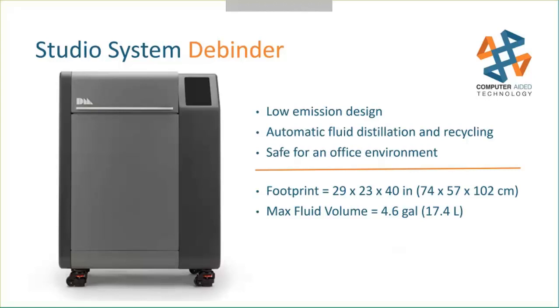From there, we go on to the debinder. It's a low emission design. The big thing here is that, one, you will never see the fluid in this process. When you open it up to put your parts in, it's totally dry. The software will tell you how to arrange your parts to get the most efficient use of your debinding fluid and debinding time. Then you close the lid, it goes through its debinding cycle, and when it's done, the parts are totally dry and you take them out. So again, shooting for that office-safe environment,